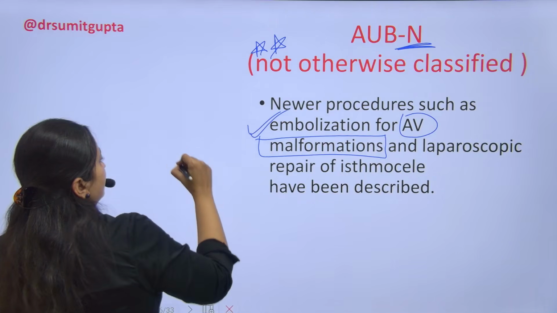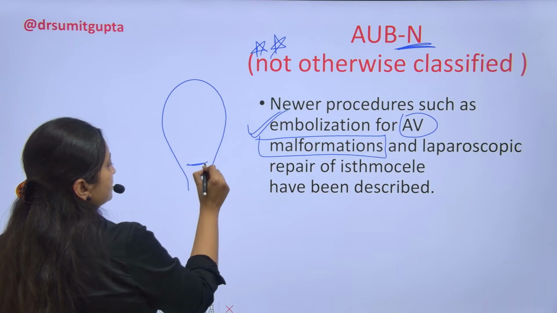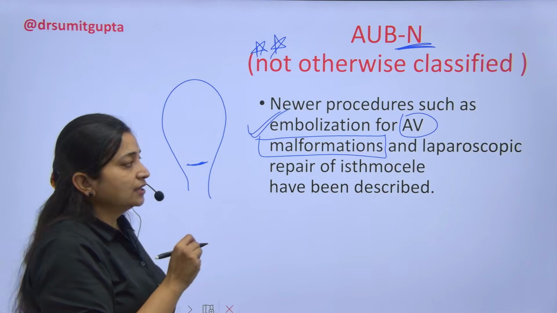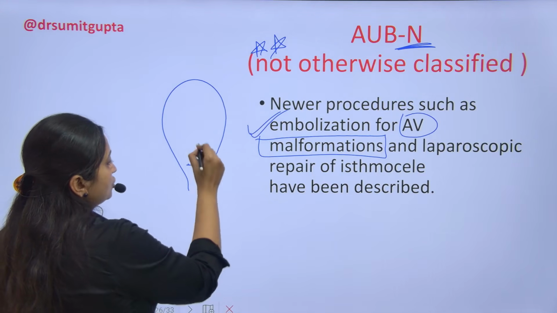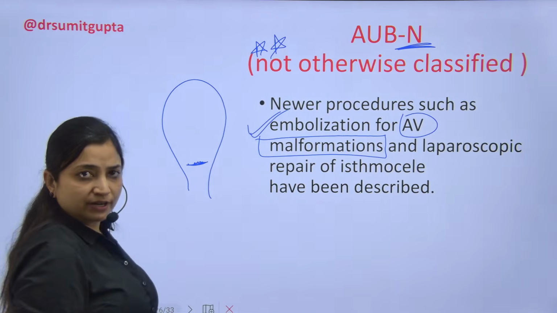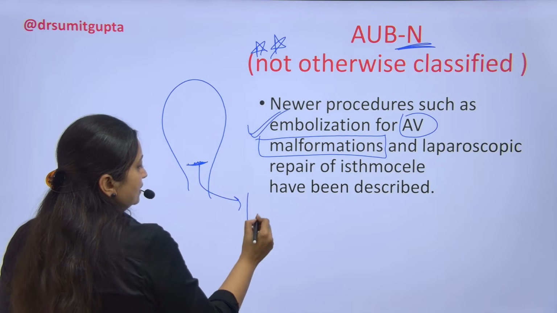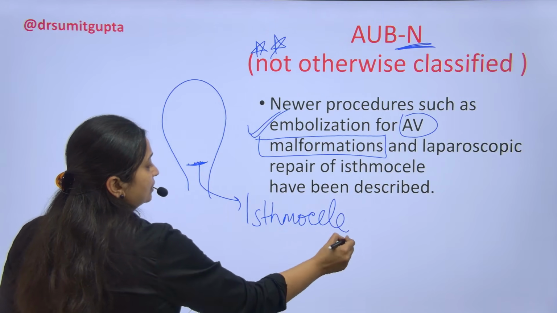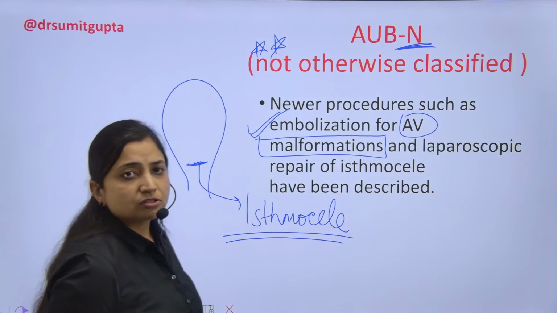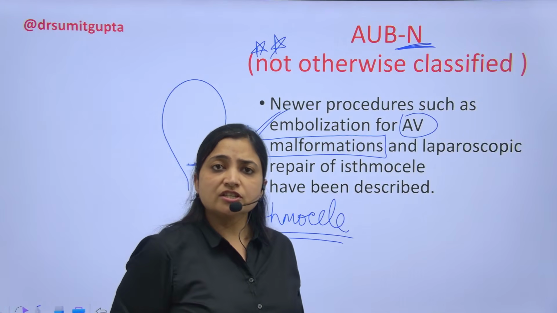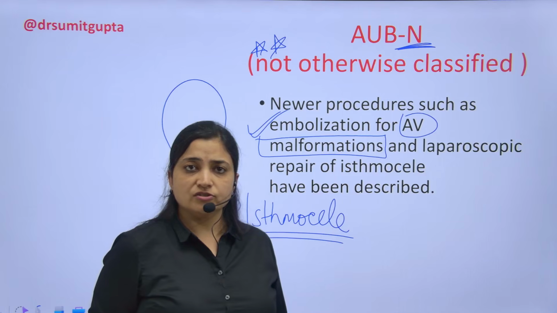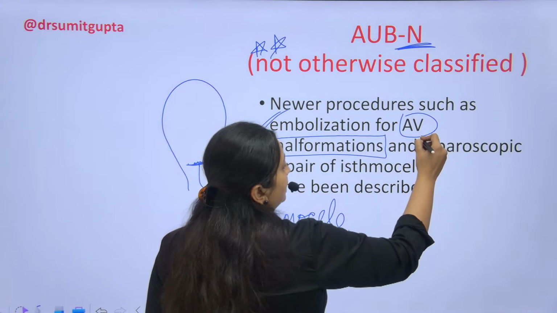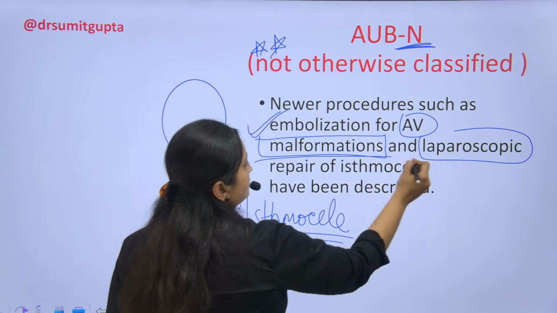And nowadays a new thing has come up: there is a caesarean scar on the uterus and it gives way either completely or partially. So what happens with each menstruation is that some menstrual blood fills here, and this is called isthmocele, a small collecting pouch at the level of the isthmus or the internal os, in patients who have undergone 1 or 2 cesarean sections. So nowadays the best treatment for isthmocele is laparoscopic repair.